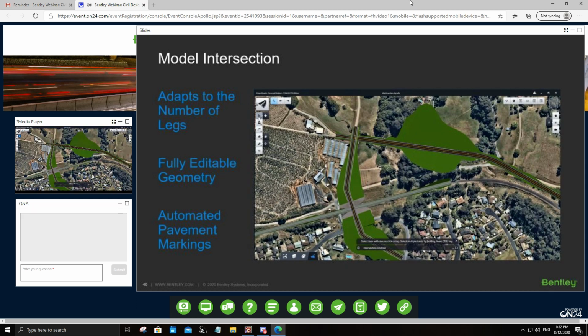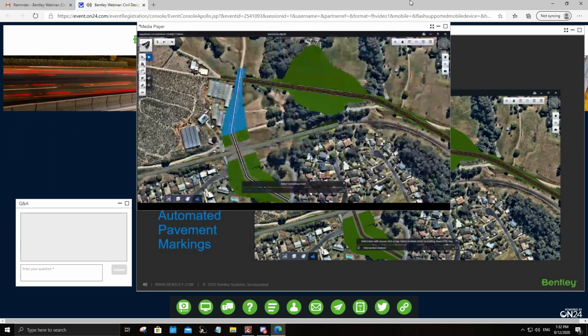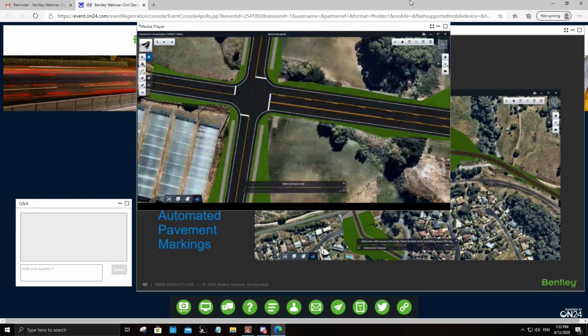So creating an intersection in OpenRoads ConceptStation is pretty much quick. As you can see here, just identify the major road. Then the software will give you some dynamic glyphs showing a preview of how the cross section would look like. And then it will immediately